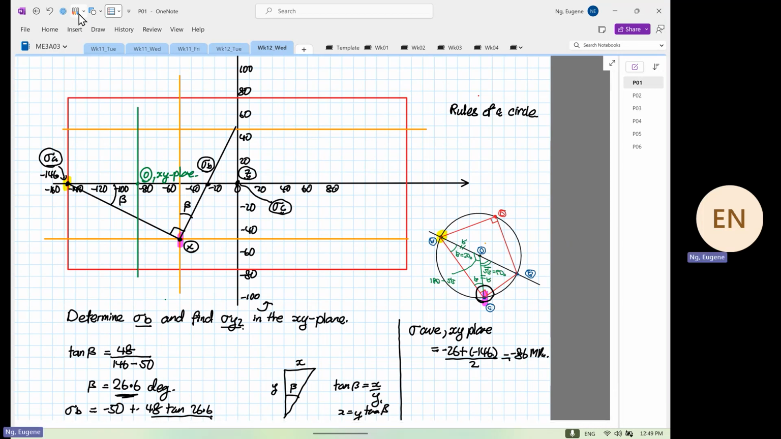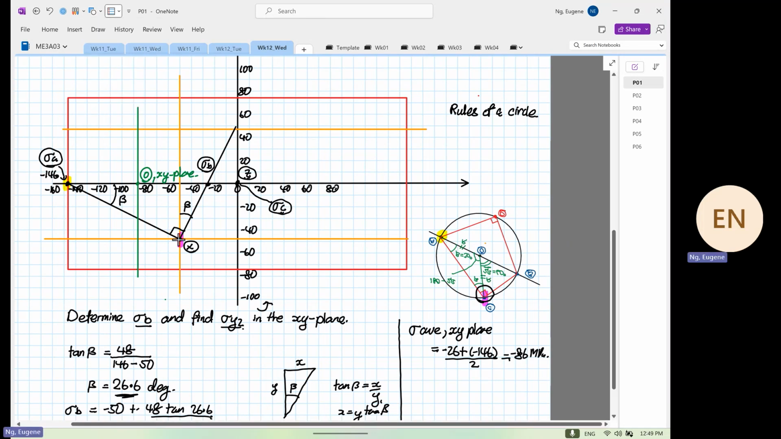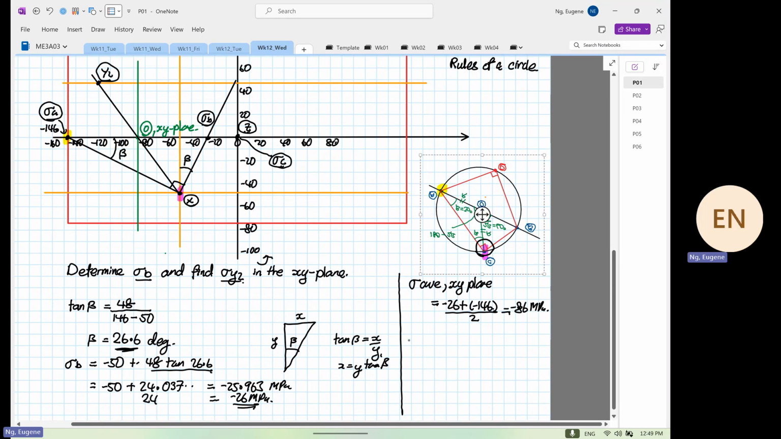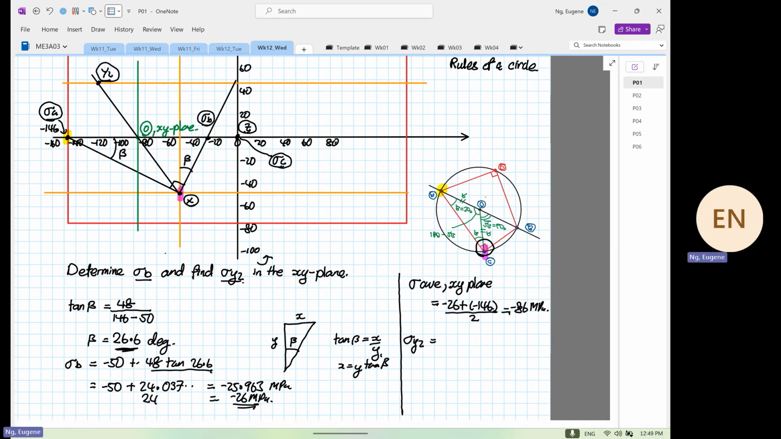From here, we can construct another line going from here to here. And where it intersects, this is our Y2. So we can determine our stress Y2 very easily. Stress Y2 will be equal to minus 86 minus, so this distance from here to here,